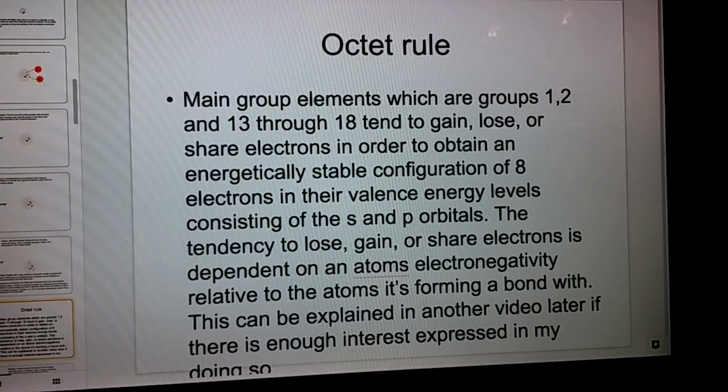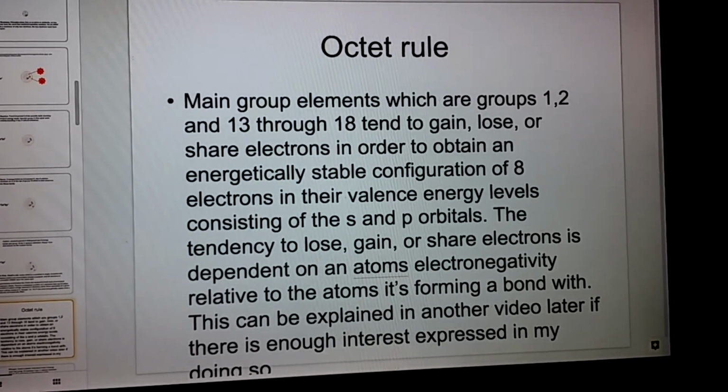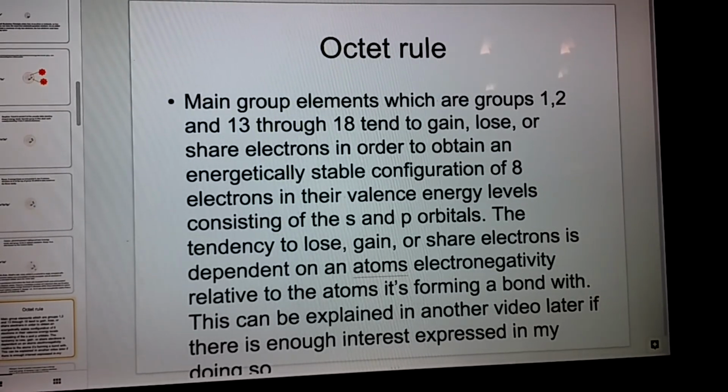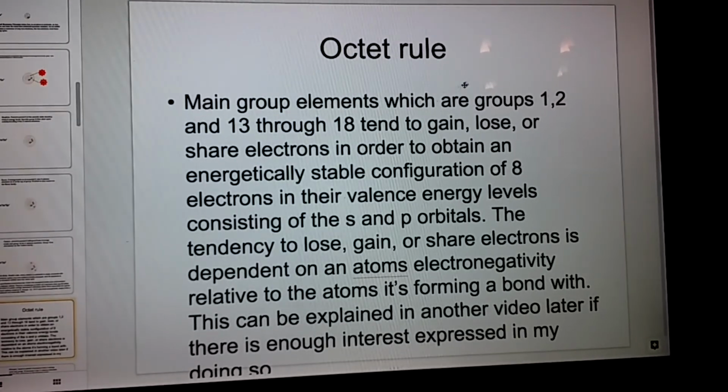The octet rule, adjust this. For some reason this is